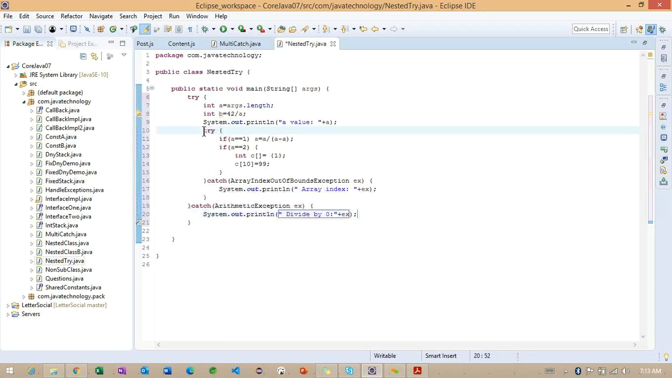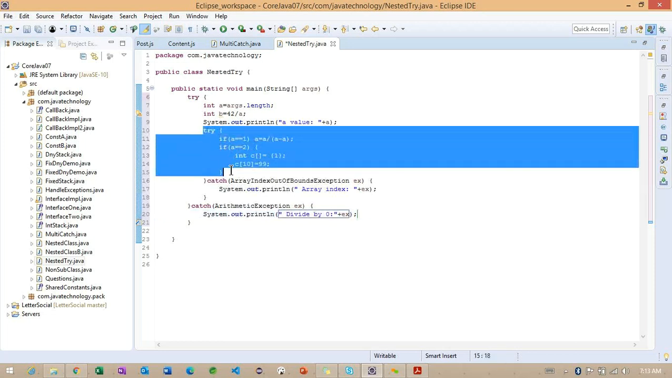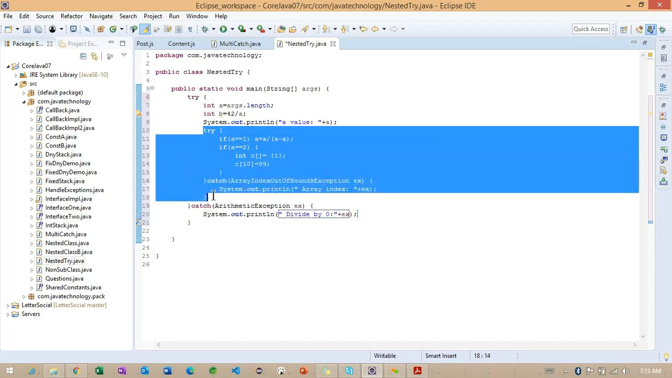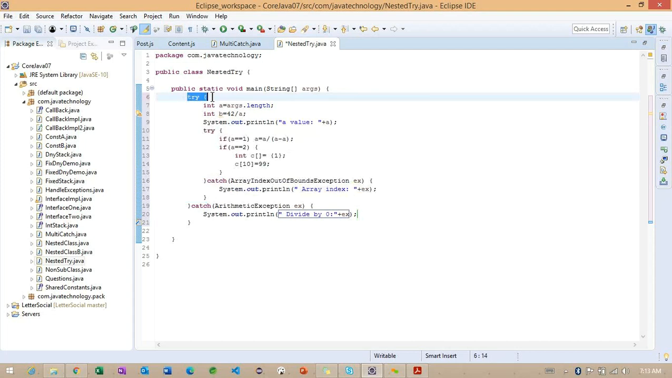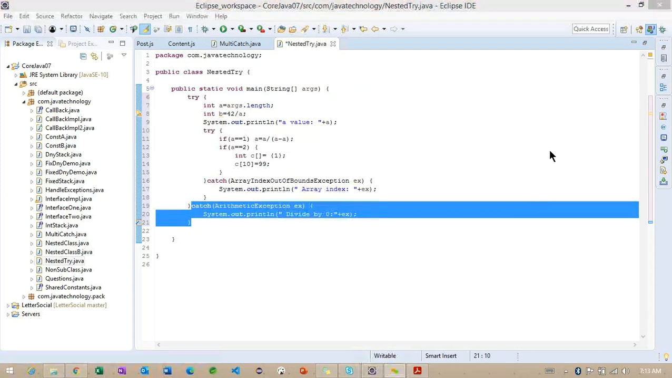And now observe, we are creating a nested try block along with the nested catch block also. And this is the outer try. The outer try having one catch block here. Getting the point. So if I'm going to save this example,